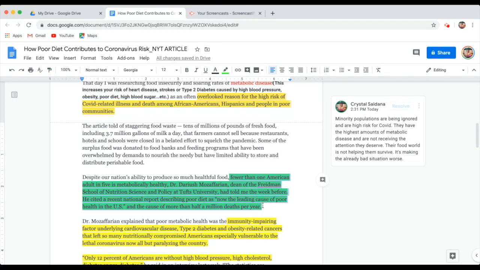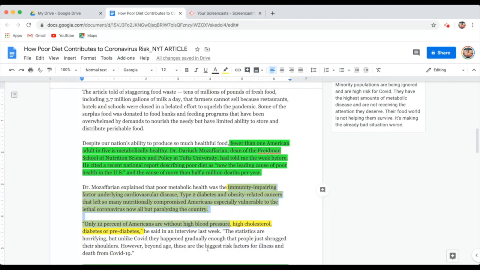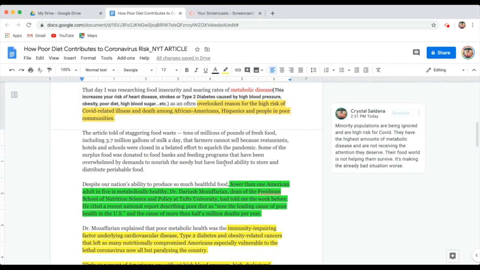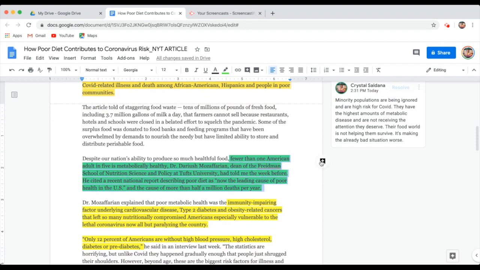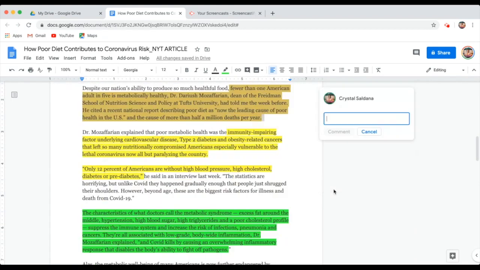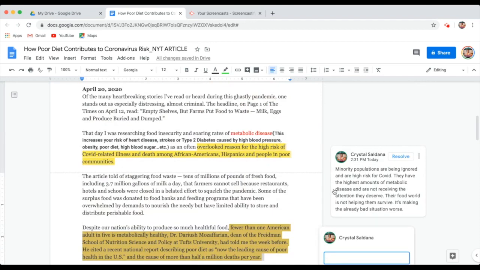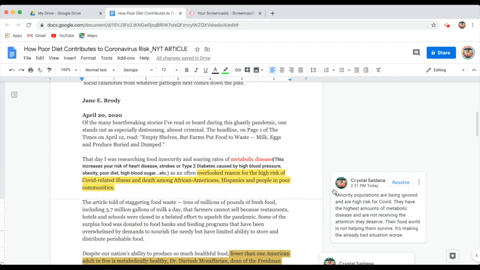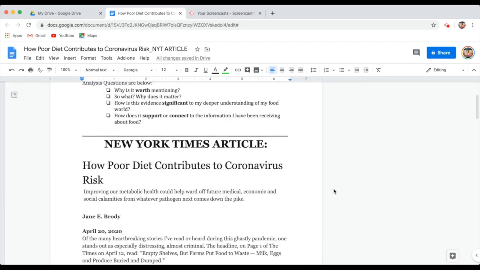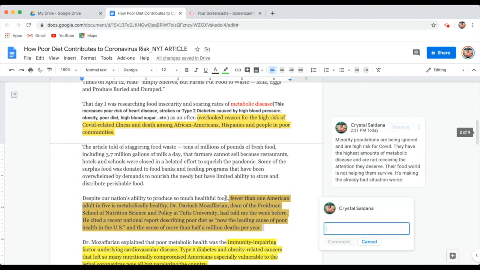It's in a different color, and that's how you'll know it's quote number 2, because it's in green. And then of course quote number 3 is in yellow. And notice how it's a little spaced out in a funny way, but I want you to look at that next statistic. That's why I included it in there. So you're going to be doing the exact same thing for the quotes that follow. Highlight and then click that comment bubble, and so on. I hope that makes sense to you. Pretty much in a nutshell, all you're doing is using those analysis questions, highlighting the quote, and making a comment.